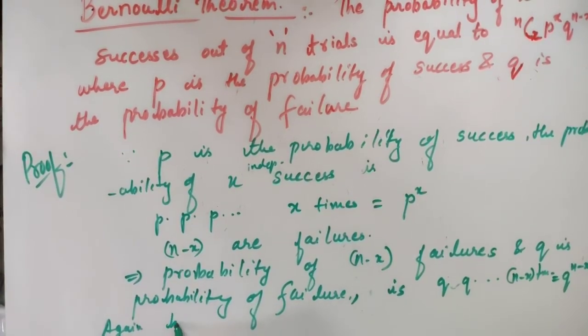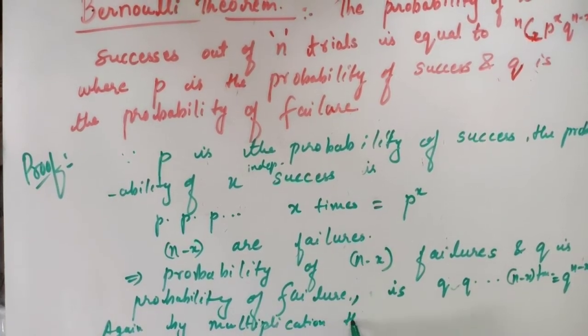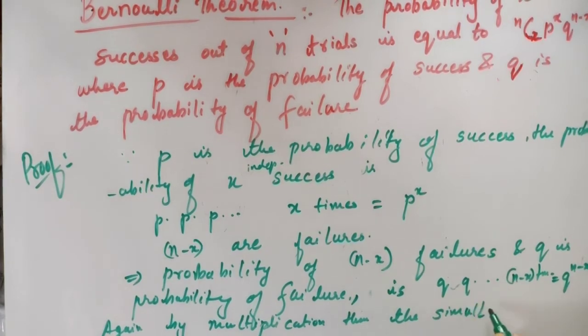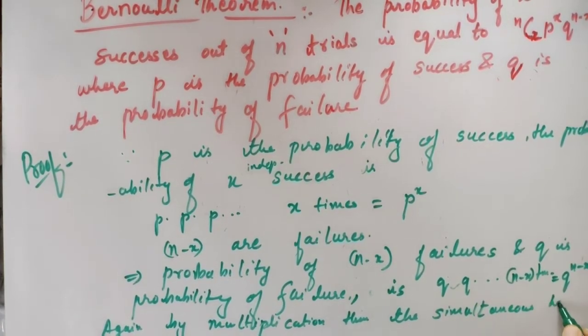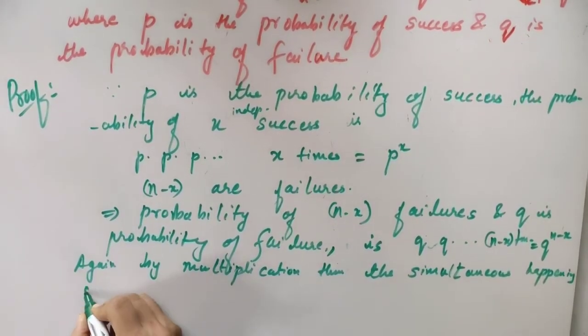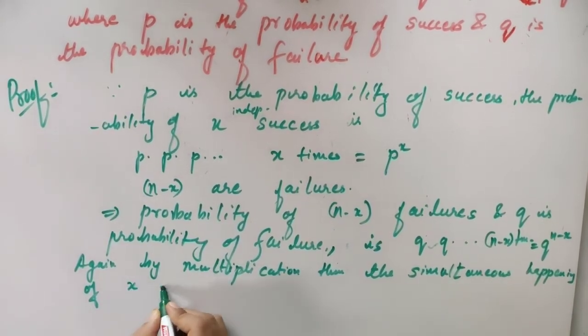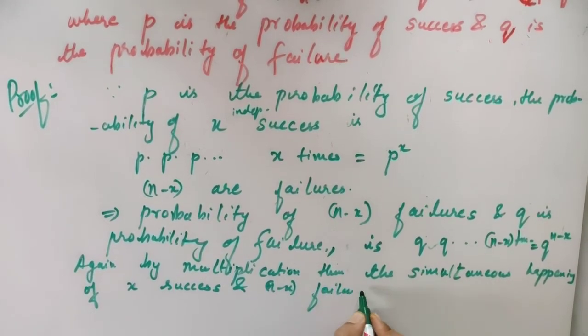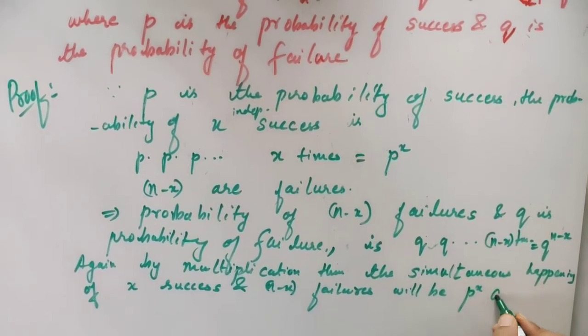Again, by the multiplication theorem, the simultaneous happening of both, that is x successes and n minus x failures, will be p raised to x into q raised to n minus x. Okay, now